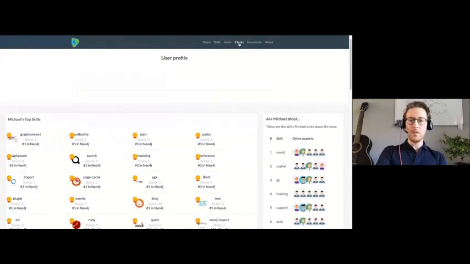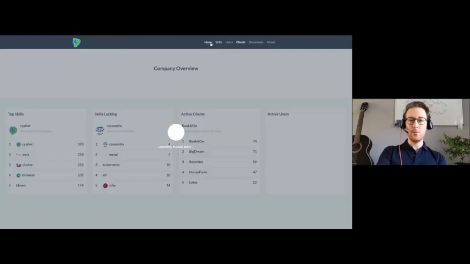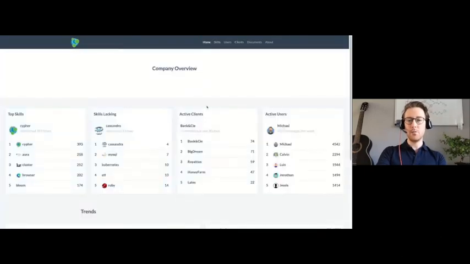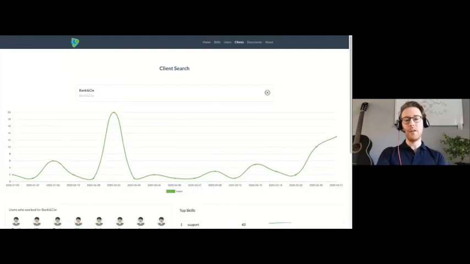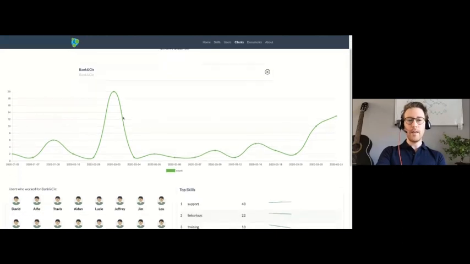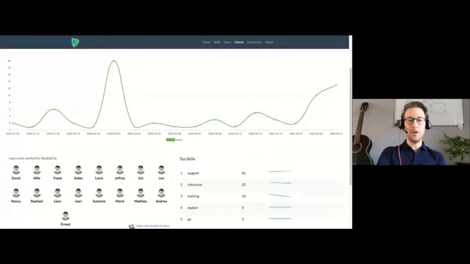If we go to the customer dashboard now, first I go back to the home dashboard, where we saw that there are some activities within a bank company, right? So if I go to client and I want to know more about this company, I can just look for the customer and you will have this dashboard. What we can see here on this customer first is the activity on the Slack channel, which you can see has two peaks.